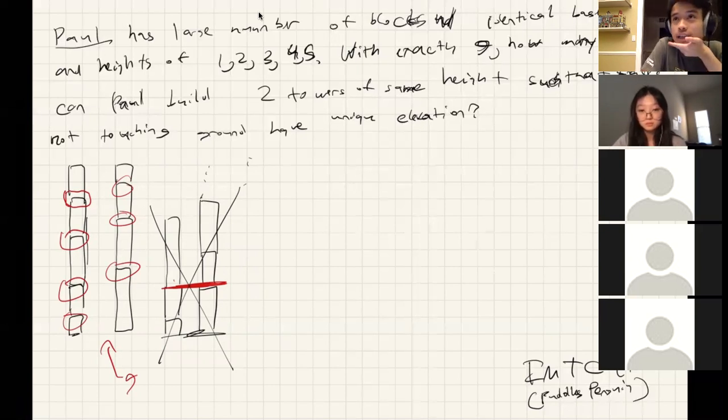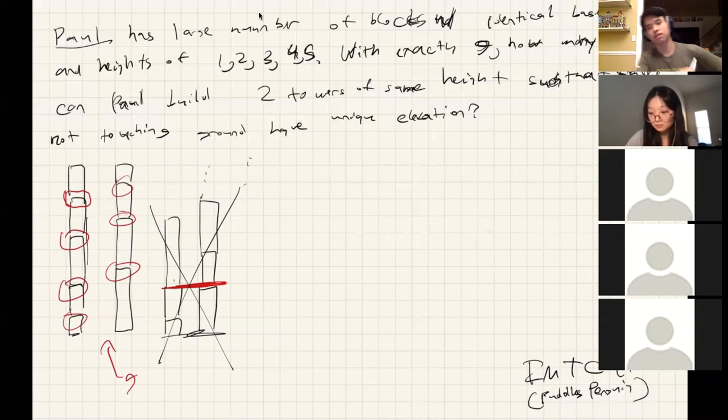So you can't really complementary count. It's a little bit tough to complementary count. You can try to use some advanced strategies, or you can do something stupid and just do some random casework. But all these ways, they're not very good. And the truth is that the answer to this problem is actually pretty big. So it's not like